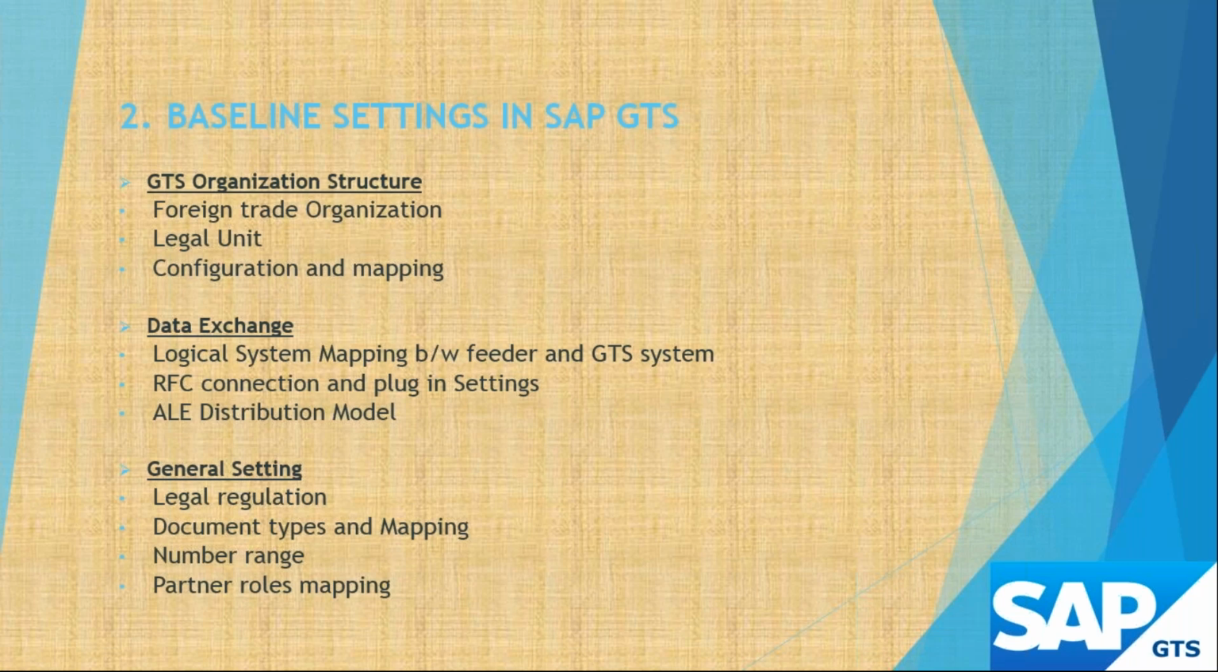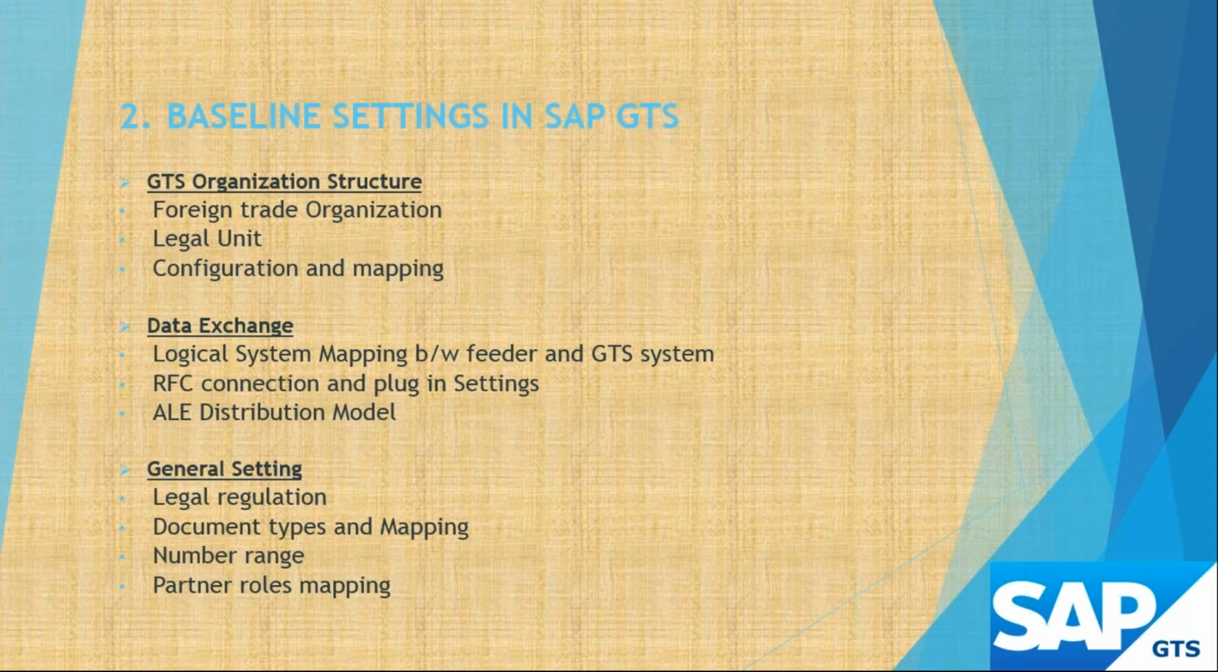So the change pointer is just an automatic thing for transferring the data from one system to another system. If anyone has no idea of change pointer, that is not a problem. We will be covering that as well, and then how we are activating all those settings: RFC, ALE, and distribution model settings, connections with the logical system and GTS system, feeder system and GTS system. I will be covering that in the